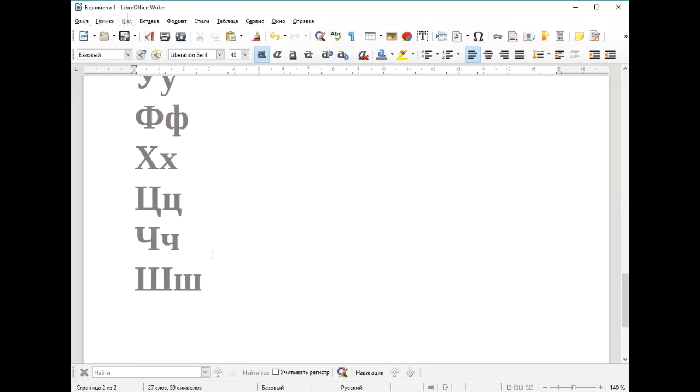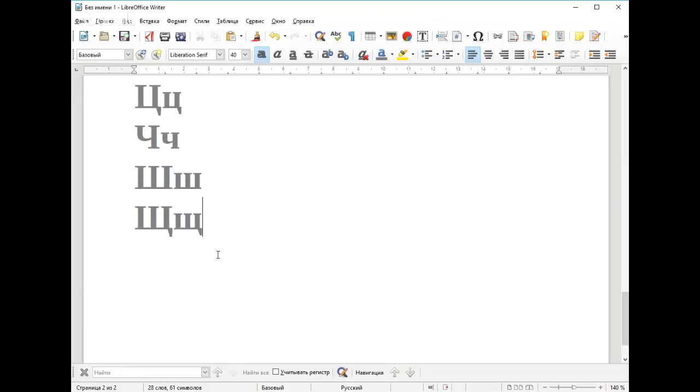The same sound as SH. Shcha is similar to sh, but it has a slightly different pronunciation. When you say sh, your tongue moves a little bit backwards. When you say shch, it goes a little bit forward.